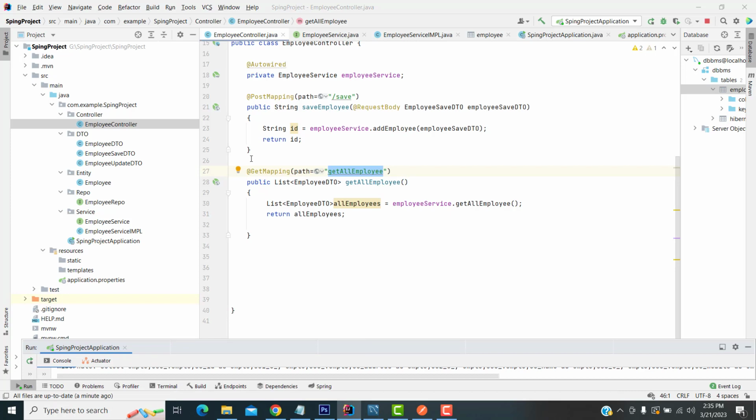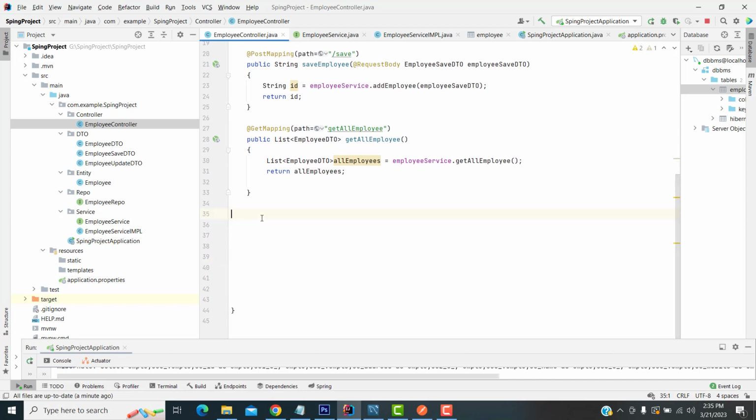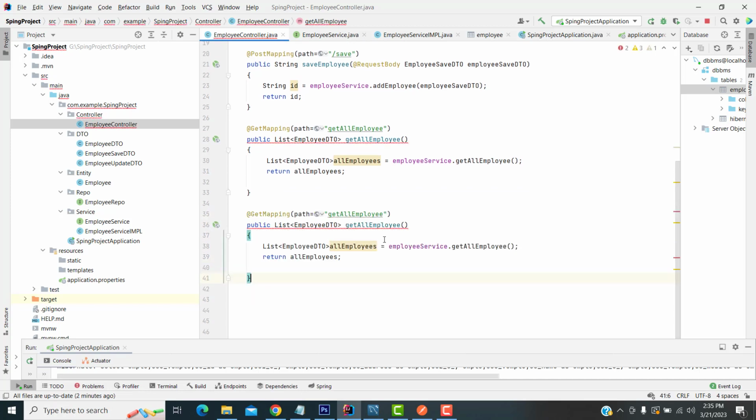Now I am going to do the update part. Control C to copy, Control V to paste below. We'll check the update part as well. So here I am going to create a function which is a path, and when the request is coming here, we'll write it as